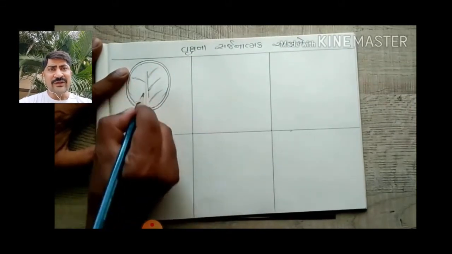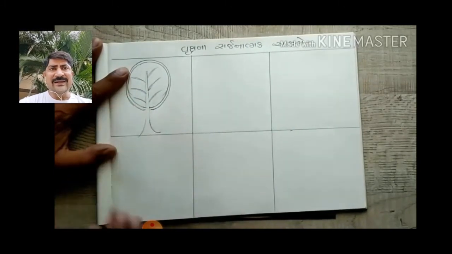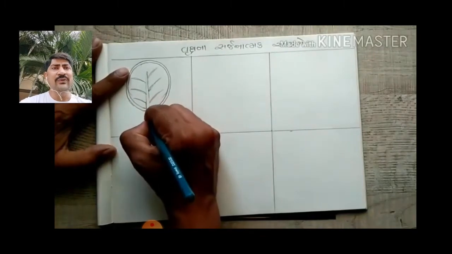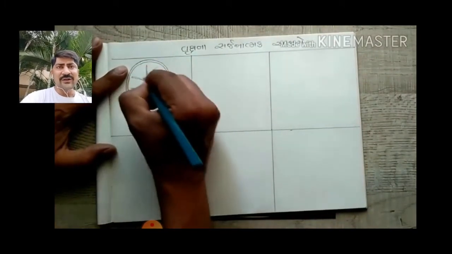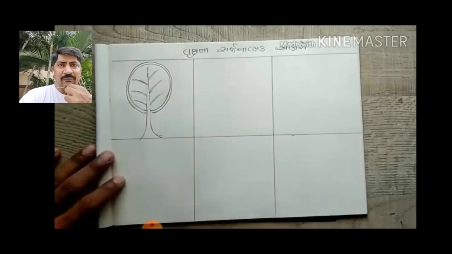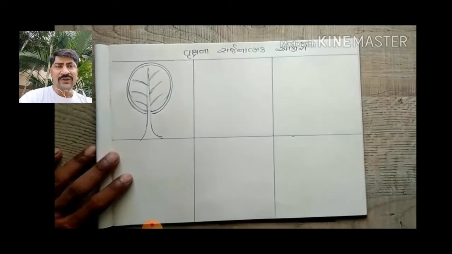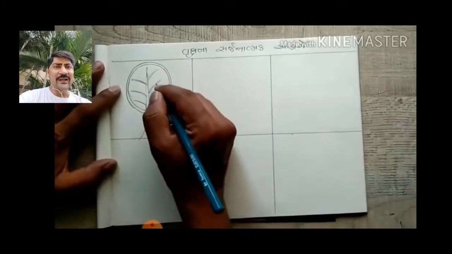After watching this video you will be able to draw the tree very easily. You will come to know that how to do the shape, because just by simply seeing the drawing in the book, you will not get the idea actually from where to start, how to draw. So by watching this video you will get the complete idea. So the shape of the tree is ready now.